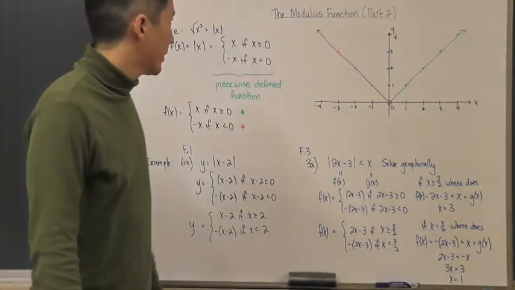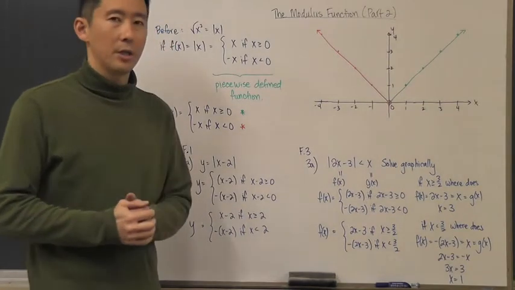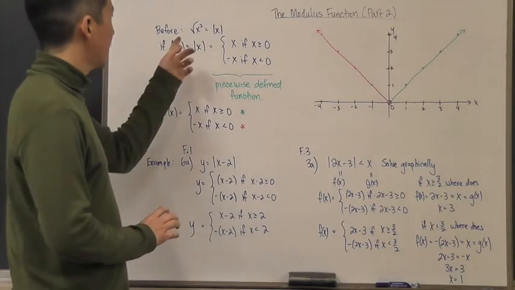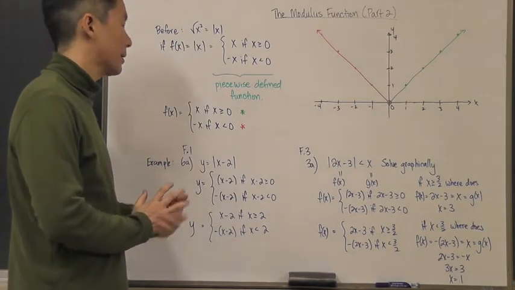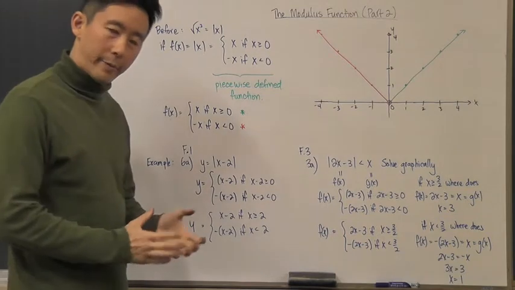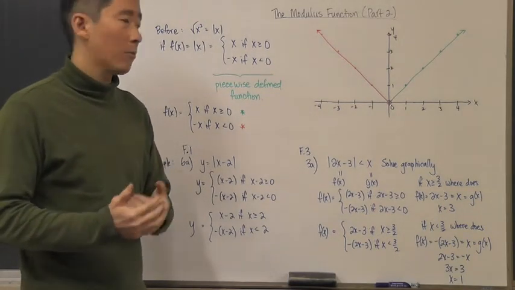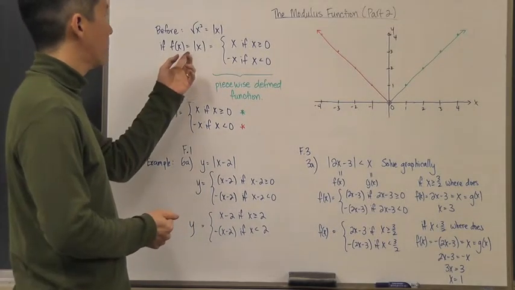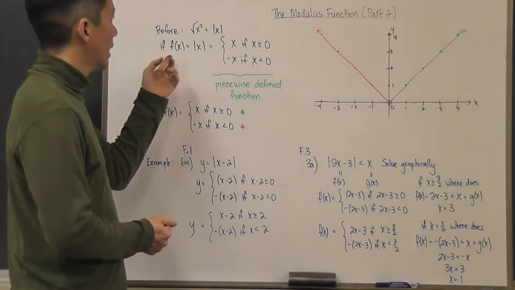Okay, hello everyone. Let's go ahead and continue with the modulus function. This is part 2. Before, what we said is that the square root of x squared is equal to the absolute value of x. What we want to do now is take a look at what that looks like as a function. So if we were to call the modulus here a function,